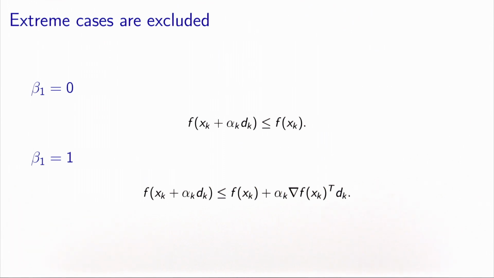First, we have seen that asking that it's strictly less is already not sufficient to converge. So we refer you to the previous video for an example. So a less or equal will not work either. And the value beta 1 equal to 1 does not work either, because in this case, the equation on the right is actually the equation of the tangent of f at point xk along dk. But if the function is convex, we know that the tangent is below the value of the function. And therefore, there is no alpha k that will be able to verify this condition.